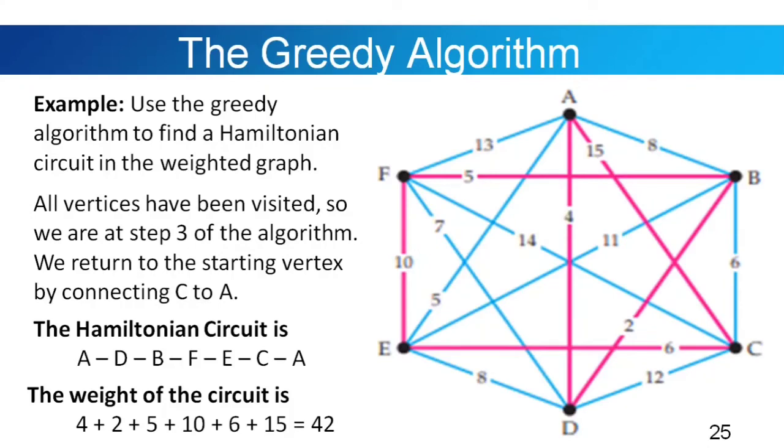All vertices have been visited, so we are at step 3 of the algorithm. We return to the starting vertex by connecting C to A. The Hamiltonian circuit is A, D, B, F, E, C, and A. The weight of the circuit is 4 plus 2 plus 5 plus 10 plus 6 plus 15, which is equal to